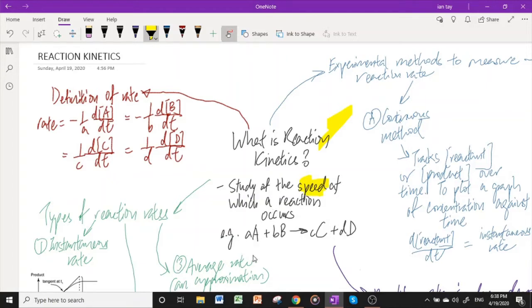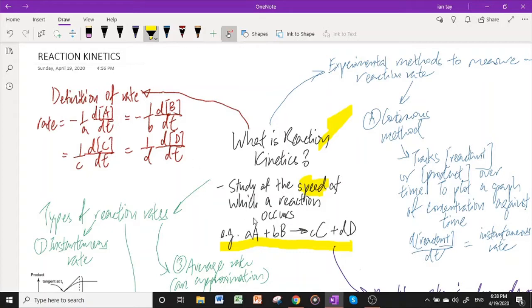So we'll take a look at this reaction over here, where A moles of this species A reacts with B moles of this species B to form C moles of this product C and D moles of this product D. So first we need to define what I mean by speed of the reaction. In other words, what do I mean by the rate of a reaction? For example, to define the speed of a car, we would say that speed is the distance travelled with respect to time. However, in this case,